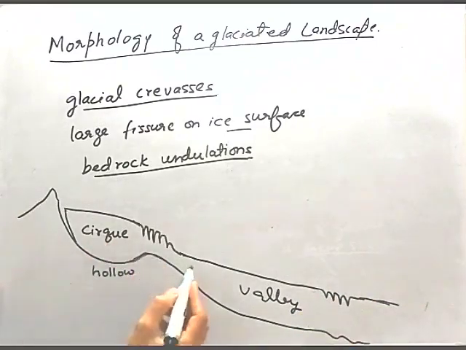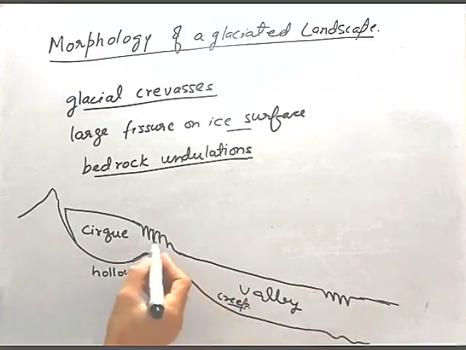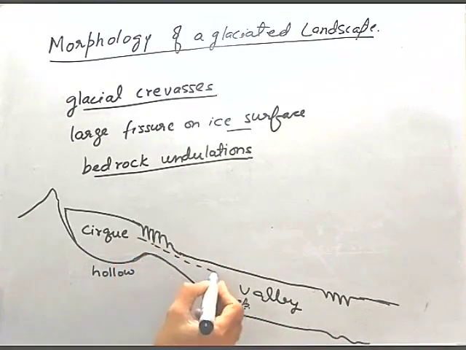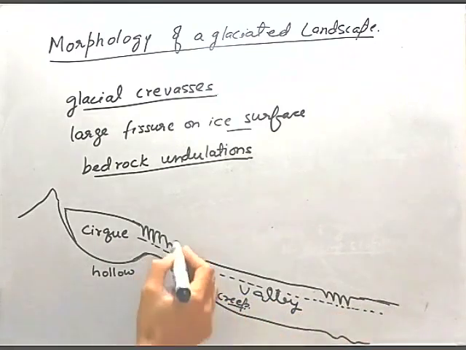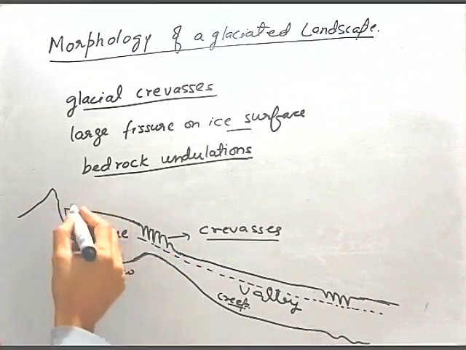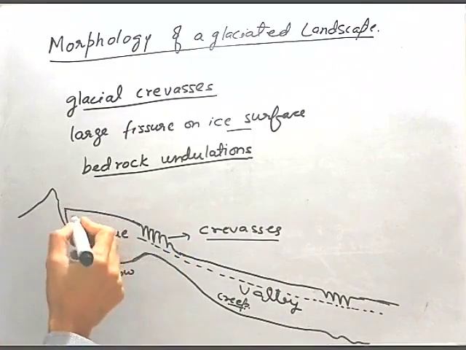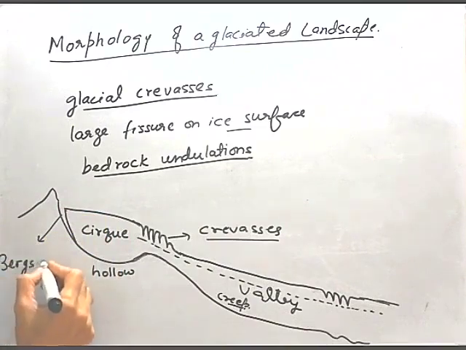Because as I have told you earlier, the ice at the bottom is deforming by creep. So this is basically a plastic kind of deformation, but the surface ice is brittle, and this brittle ice cannot deform plastically, so it breaks and forms crevasses. There is a very large crevasse at the beginning of the cirque glacier, and this crevasse is known as Bergschrund,